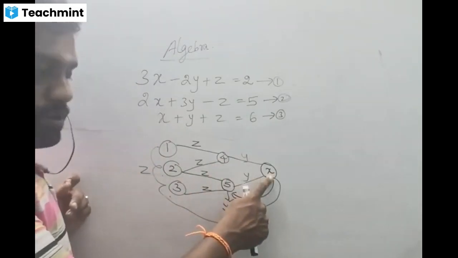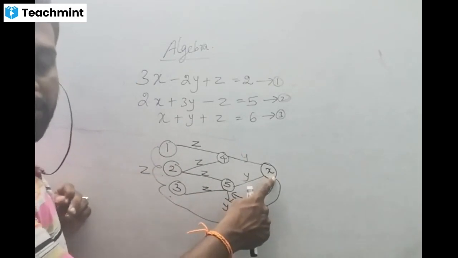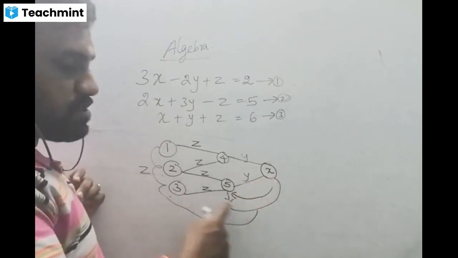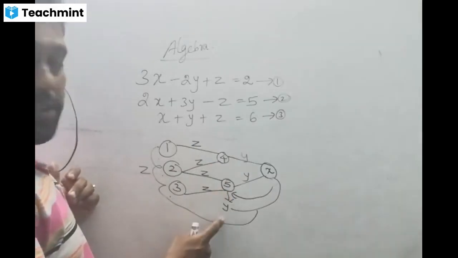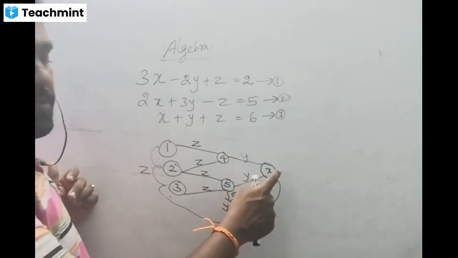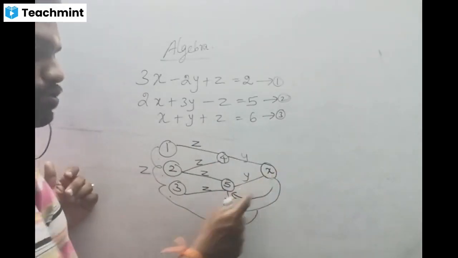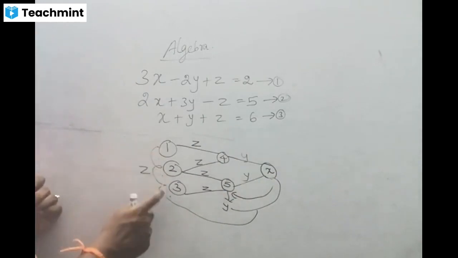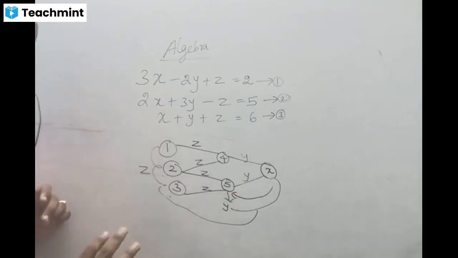Once we get the value of x, we have to substitute this value into either equation 4 or 5, and we can get the value of y. Once we have the values of x and y, if we substitute both values in any one of the given equations, we can get the value of z. This is the procedure, right?